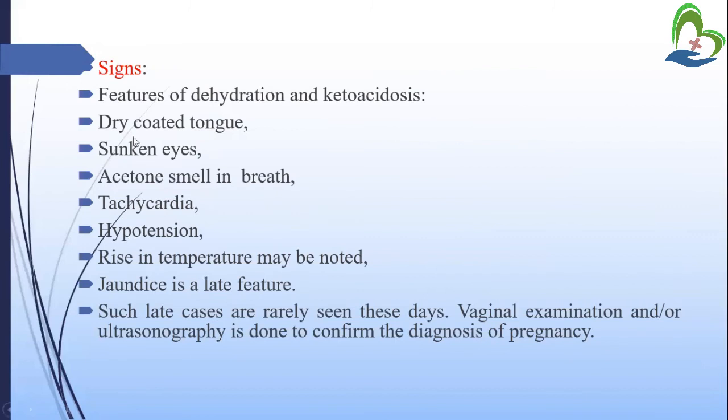After that, signs will appear: features of dehydration and ketoacidosis will be present, dry coated tongue, sunken eyes, acetone smell in the breath, tachycardia, hypotension, rise in the temperature may be noted. Jaundice is a late feature and such late cases are rarely seen these days. The vaginal examination and ultrasonography are done to confirm the